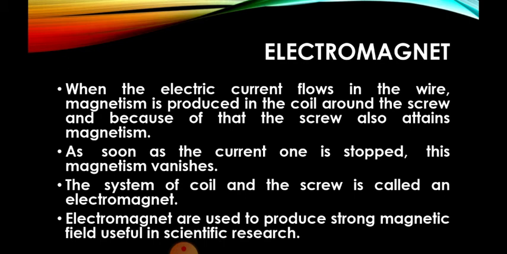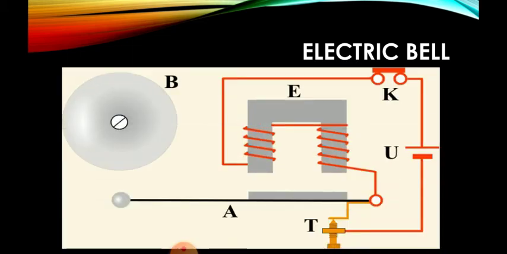Now let us see one more effect of the magnetic effect of electric current, that is nothing but your electric bell. Okay, now let us see how this electric bell works. For this you will require certain things. You can also see if your electric bell outside your door is not working. You can try to open it, and once you open it you will see that there is something like this inside. Okay, now what are these structures?